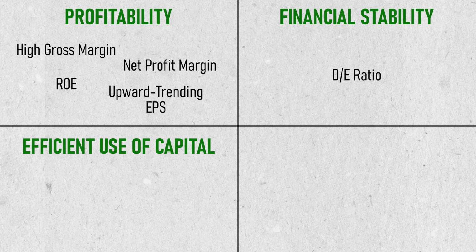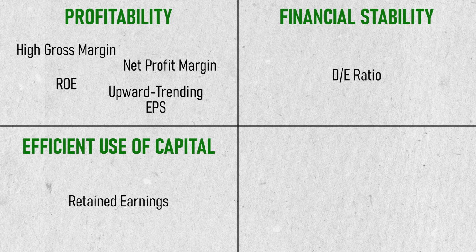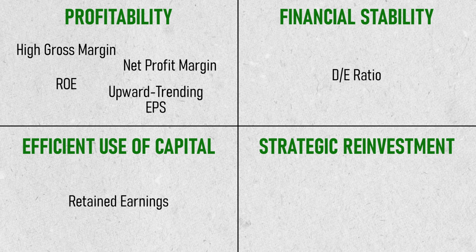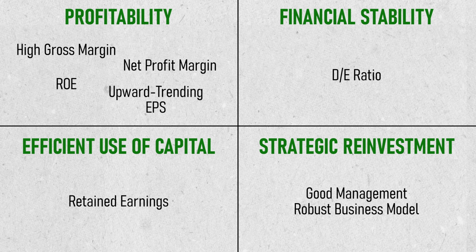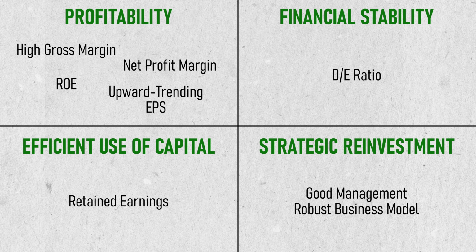Large retained earnings with minimal operating expenses indicate that a company is not only making money, but is also managing it wisely. He admires leaders who effectively use retained earnings to reinvest in the business, fueling further growth and increasing intrinsic value. And these principles form the backbone of Buffett's strategy and are a fantastic starting point for anyone looking to enhance their value investment approach. By focusing on these areas, you can begin to think like one of the most successful investors of all time.